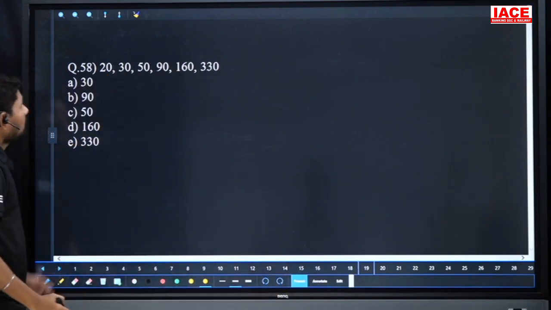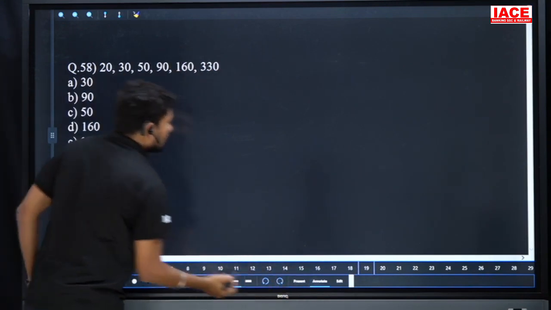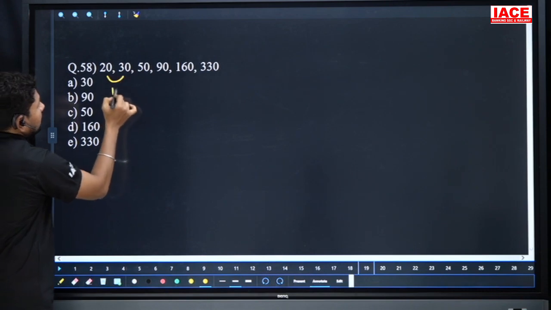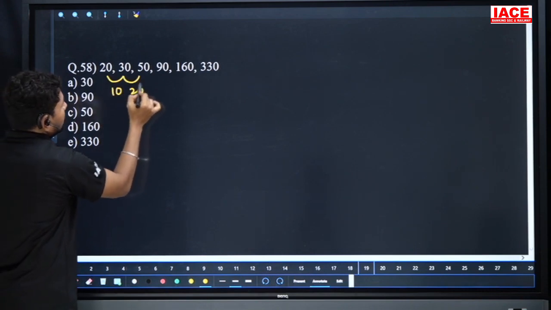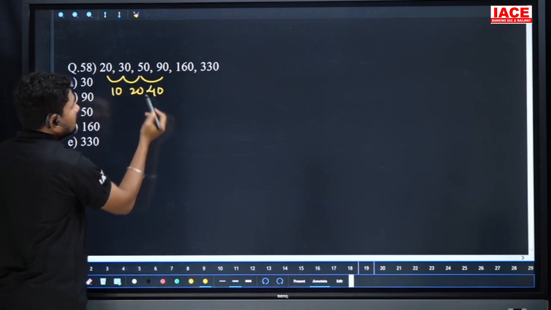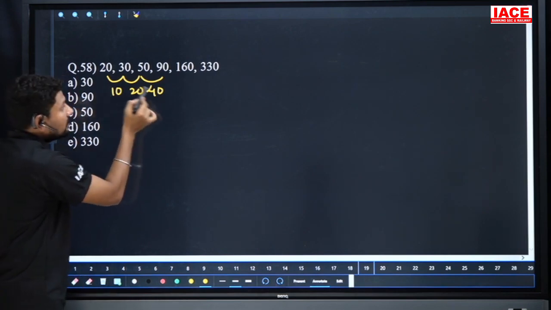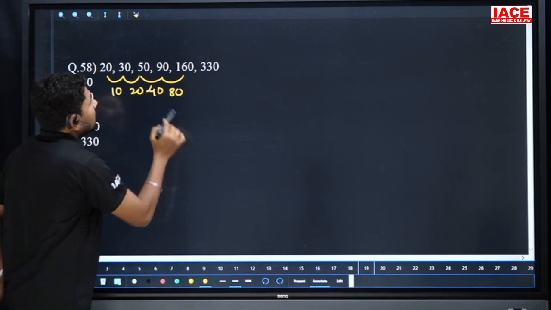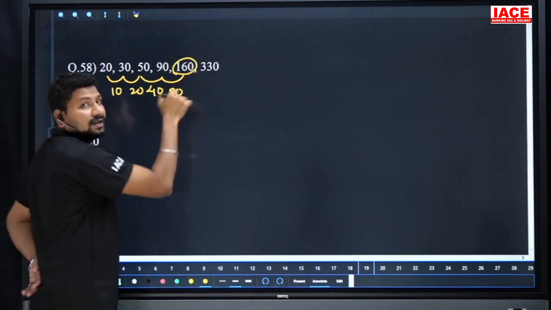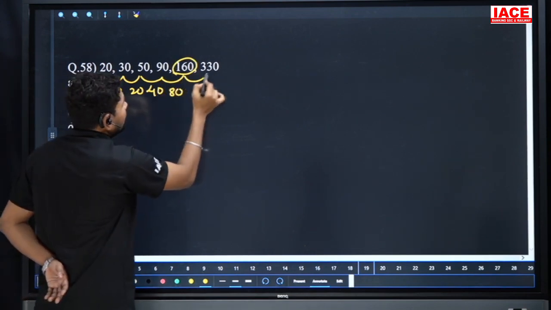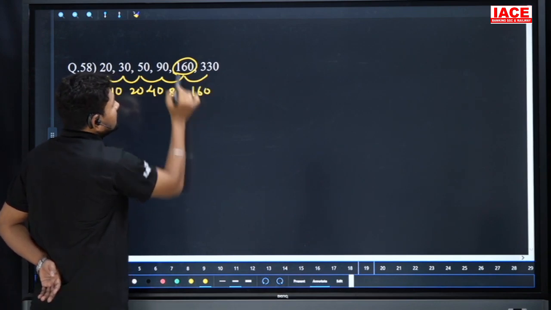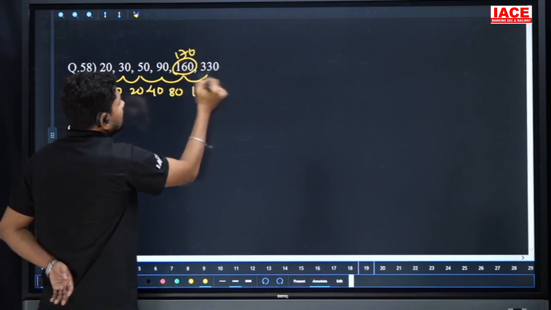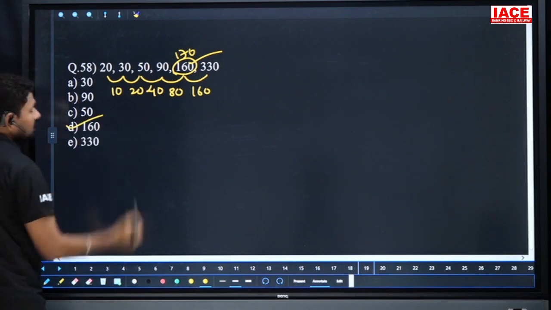And move for the next one, 20 30, here the difference is 10, here the difference is 20, here the difference is 40. You can observe the series, 10 becomes double, 20, 20 double is 40. Next we can expect 80, then 90 plus 80 is 170. Yes, till now the wrong number is 160, 80 double is 160, 170 added to 160, it is 330, that means our wrong number is 160, option D here.